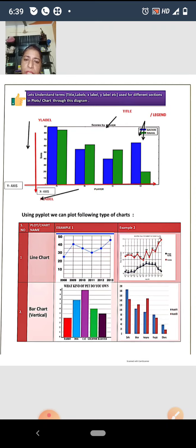Legend is what, when you represent more than one series on the plot, signifies which color represents which series. In this diagram, blue color represents the data of Sachin and green color represents the score of Rahul. It means if we place the legend in our chart, the user can easily understand by the color which data represents which bar. Clear? In the second